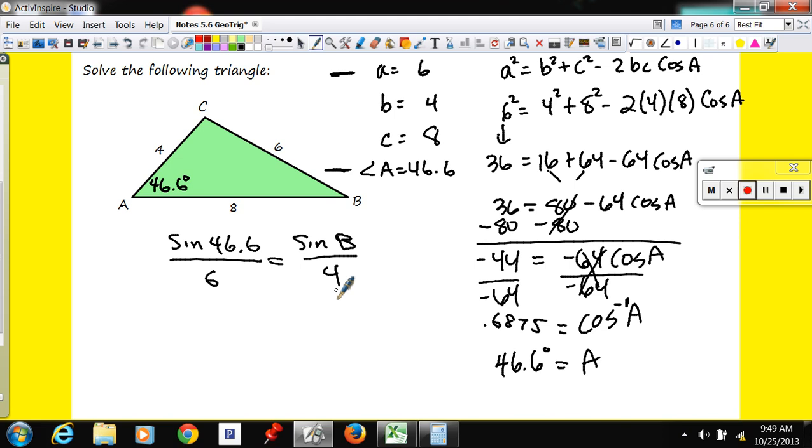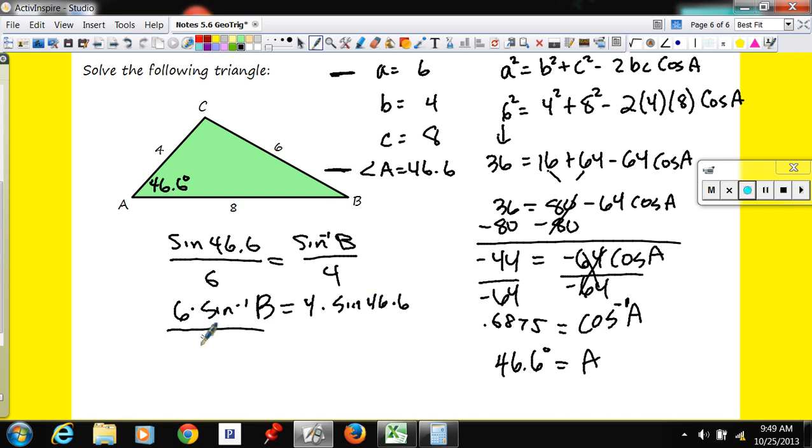And you might want to put a -1 there now, because you have to use the -1 to get the angle. Let's just multiply our diagonal. 6 times the inverse sine of B equals 4 times the sine of 46.6,